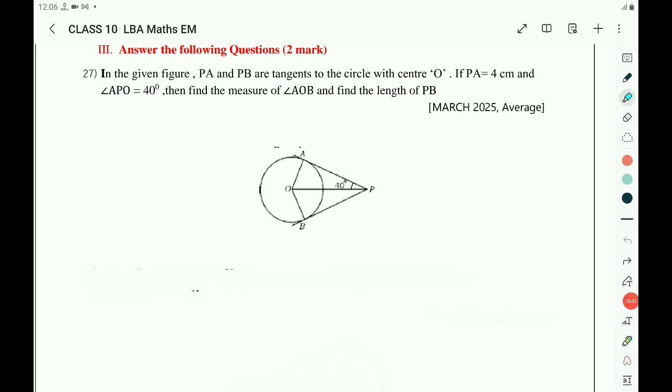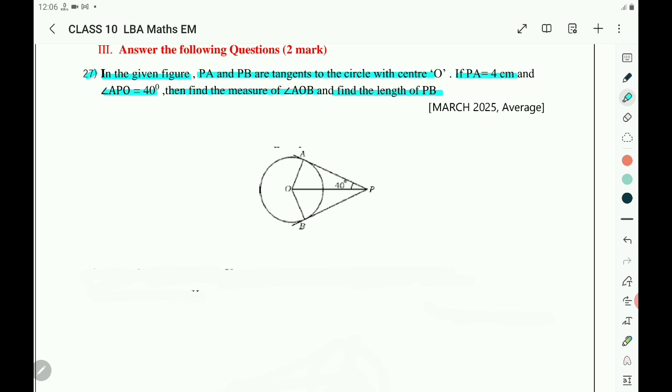Dear children, now let us solve the 2 marks question of the LBA of the chapter circles. Question number 27. What is that question? In the given figure, PA and PB are the tangents to the circle with center O. If PA equals 4 cm and angle APO equals 40 degree, then find the measure of angle AOB and find